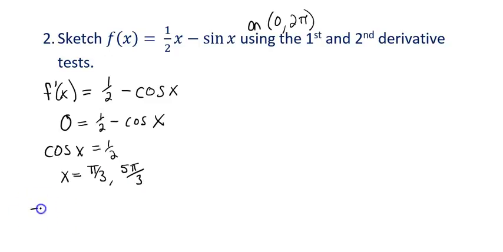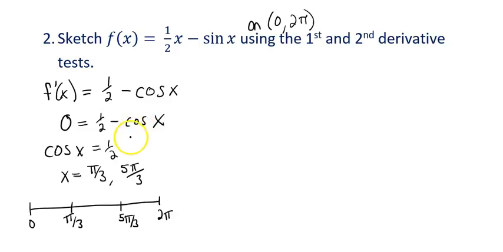And so that's where I make my number line. So I'm going to put pi over 3 and 5 pi over 3 on my number line. Now this time I'm going to do something a little different. I'm going to stick 0 on this end and 2 pi on this end to remind myself that's the interval I'm looking at, and I'm stopping there. I'm just going to draw the graph on that interval. Okay, then you have to test points in this derivative,